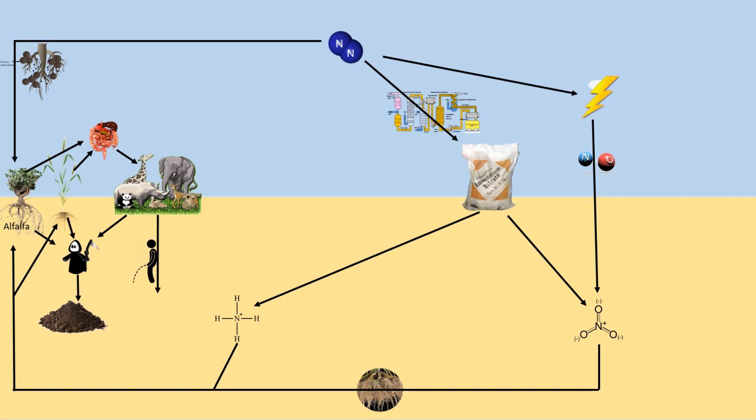Animals also excrete urea. So urea can also be added to the soil. So what we have now here is we have detritus and we have urea. This is basically nitrogen locked up. However, there are lots of soil bacteria which produce an enzyme called urease. So urease is able to break down urea, and as well as the saprotrophs breaking down the detritus, this results